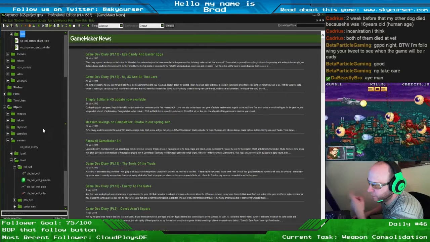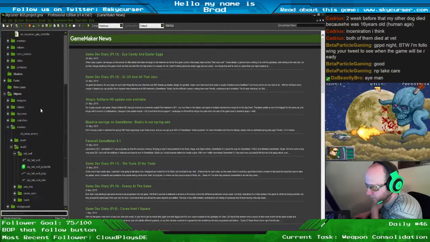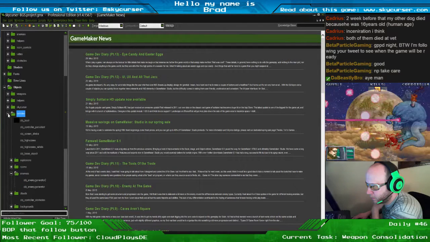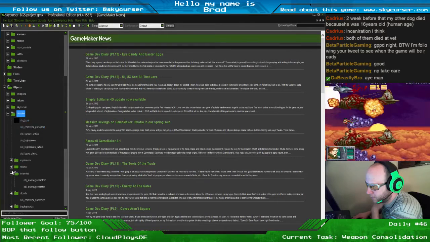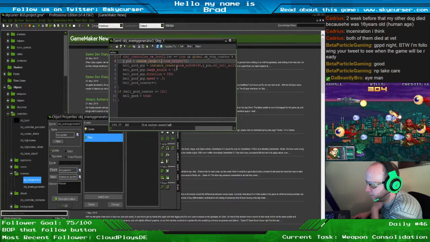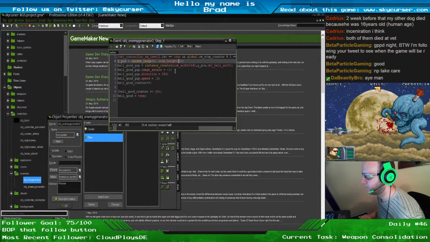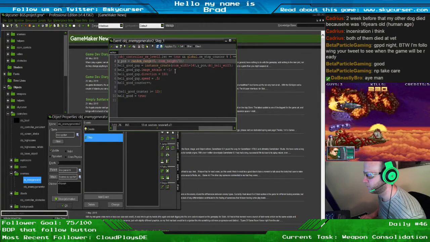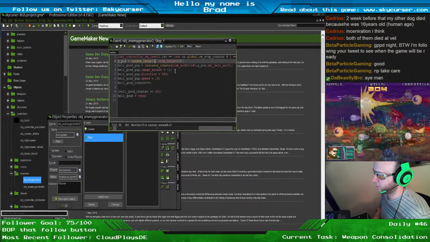Oh, I did have a problem that I needed to fix. I noticed the position they came in at was quite a bit off. So that is going to be on the enemy generator. And I've got them coming in at a Y position of 0, which I want to do. Let's see. Let's go 0 plus